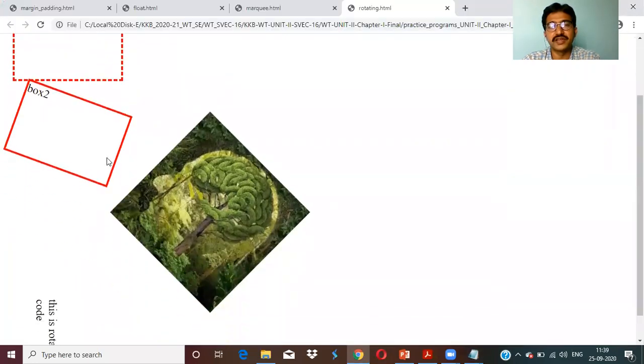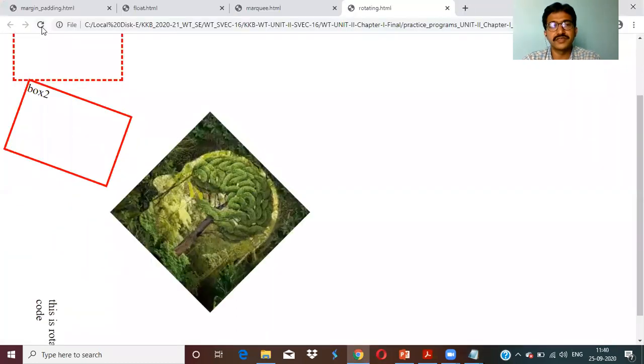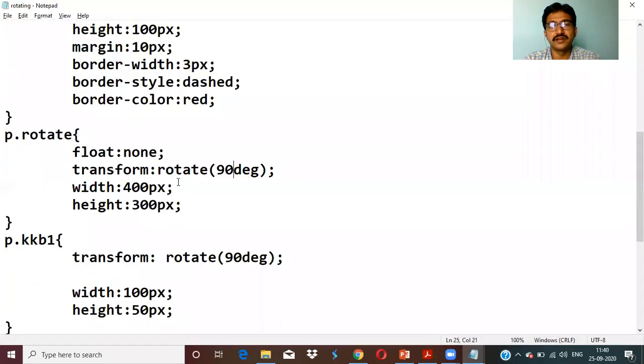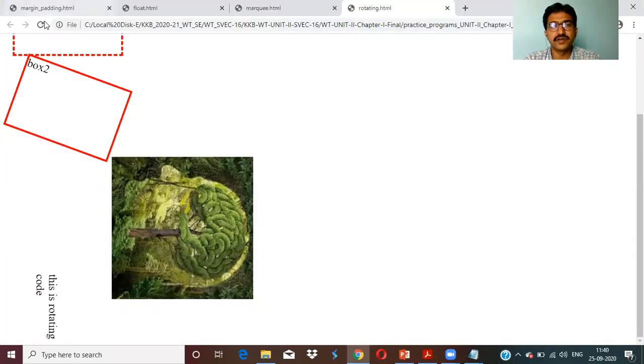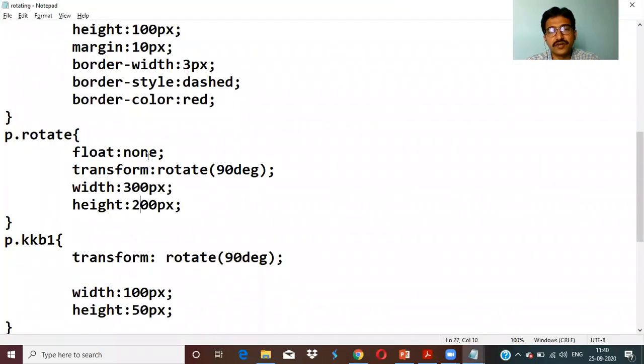If you observe carefully here, this is an image. It is at 45 degrees. If you want 90 degrees, you can change it to 90 degrees for this rotate. Just refresh. See, 90 degrees of the image, 400 and 300. If you decrease this, say for example to 300 width and 200 height, see what will happen. It goes inside because it is not having any float. Float is none.